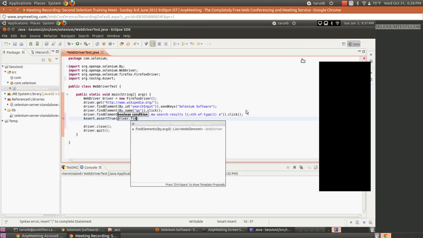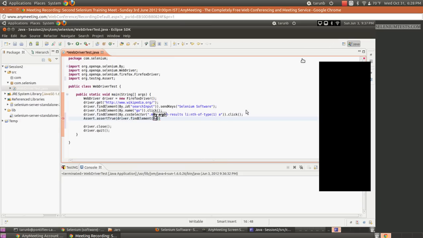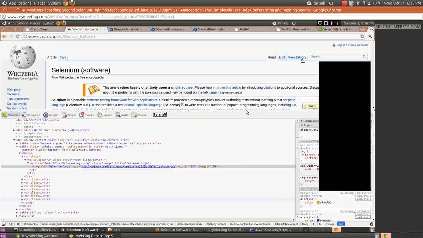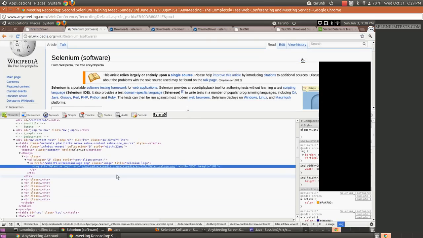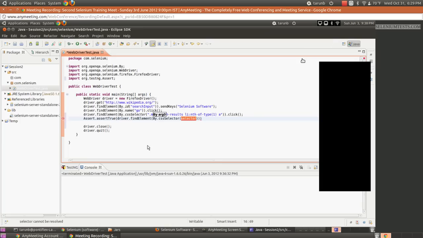So we'll say driver dot find element. I'm again using the CSS selector here. The logo, the image of Selenium on the Wikipedia page, is one image tag with src. We are pretty comfortable with writing locators now. So I'll say image src equal to the value here which I copied.